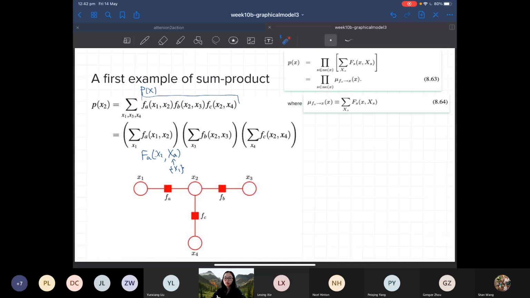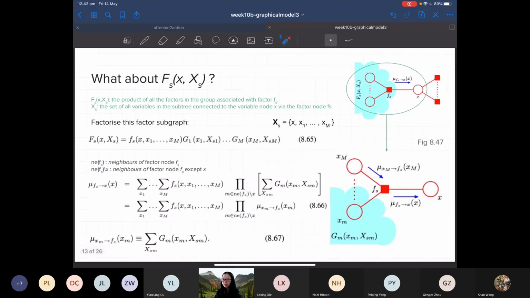Okay, so we saw the first step of the sum product algorithm and implemented it, for a simple graph. We're going to encounter this simple graph again in a little bit, but I hope this is informative. Let me know if there's a question. If not, let's look at this F of S, capital F of x,